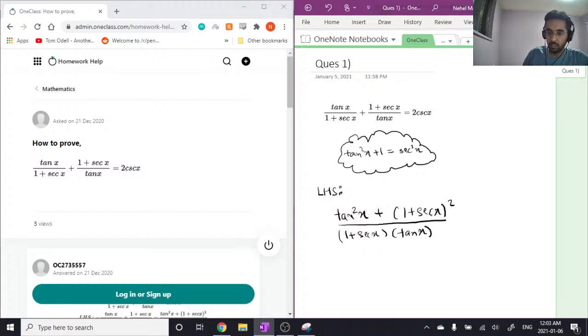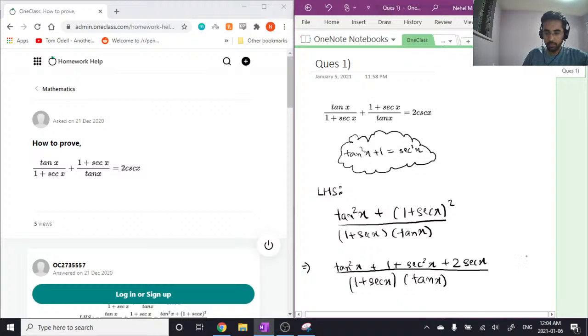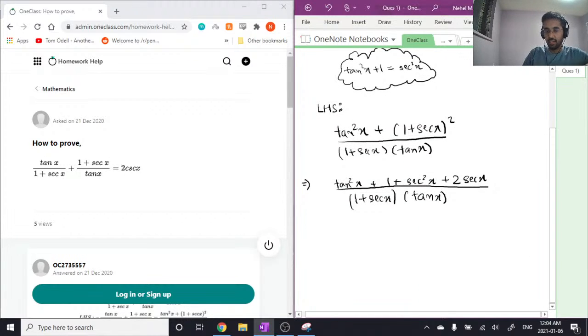Over here we see that we have a whole squared term, so we can go ahead and expand this. For that we will get tan square x plus 1 plus secant square x plus 2 secant x, whole over 1 plus secant x multiplied by tan x. At this stage, I have a denominator which is full of secant x and tan x, and I would likely need to take out something common from the numerator so that it gets cancelled with the denominator. It can either be tan x or 1 plus secant x. I don't know at this stage, but what I will go ahead and do is replace